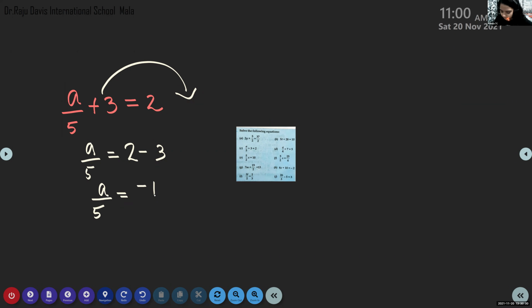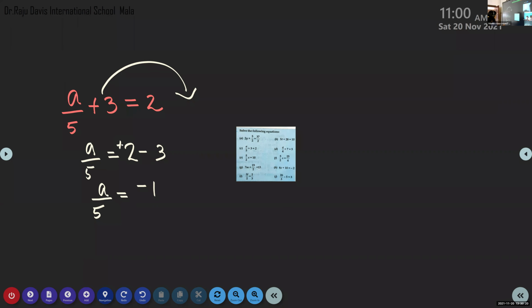Negative 1, not positive 1. This is positive 2 minus 3, isn't it? Two different signs. So there is an addition sign in between. You have to imagine like that. It is addition, so positive 2 minus 3. What is the answer? Different signs, so find the difference and put the sign of the greater number. So negative 1 is the answer.